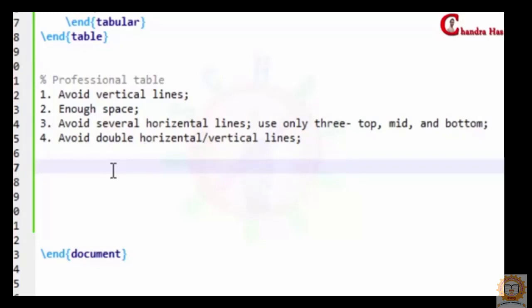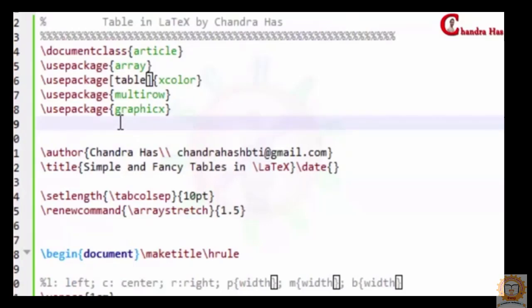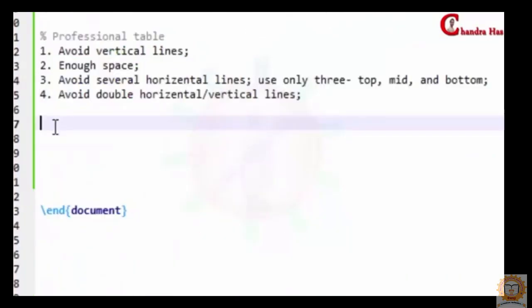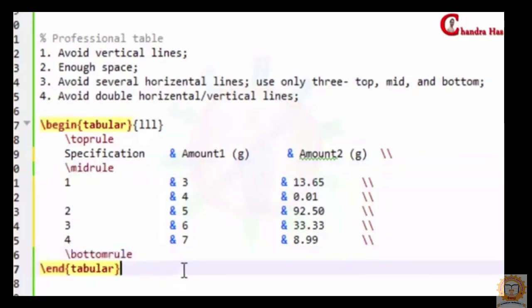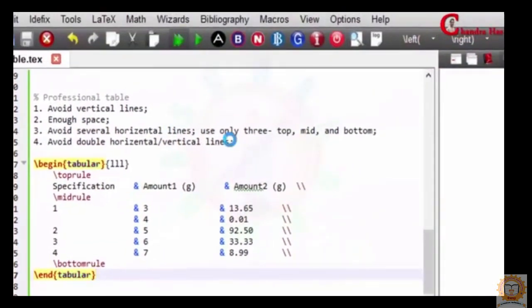So for creating professional table, you can use a book types package. In the preamble, just use book types. So it provides a top rule, mid rule and bottom rule commands. Here I will show one example. Okay, so here I have created one table with 3 columns. So with the help of book types, you can use top rule and then mid rule after first row, and in the last you can use bottom rule, and then compile your file. So this is our table.